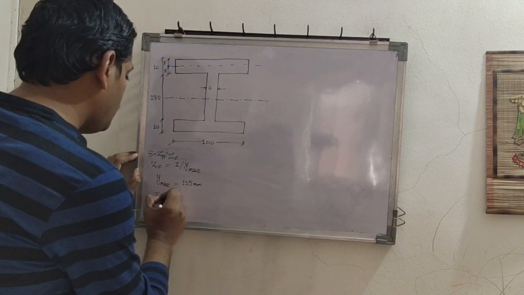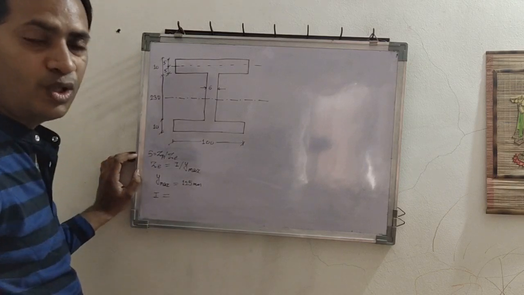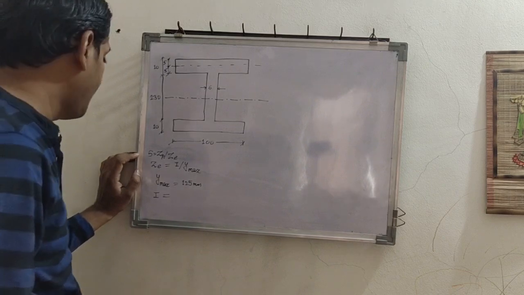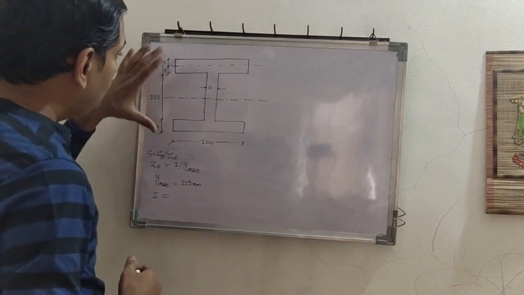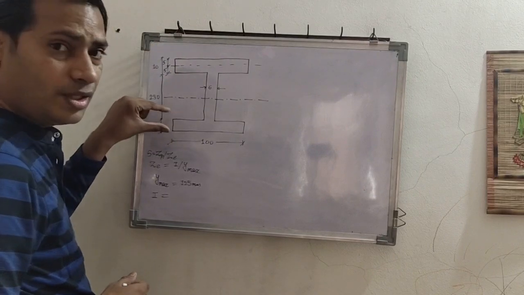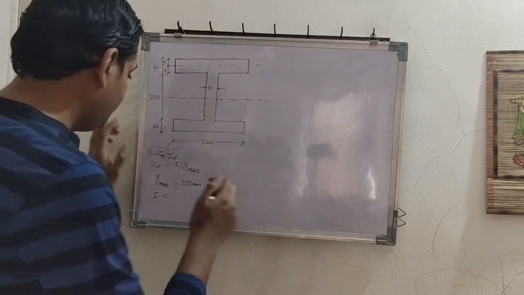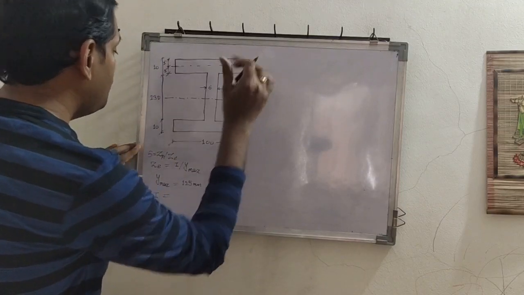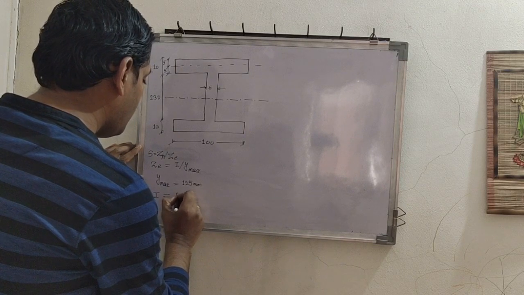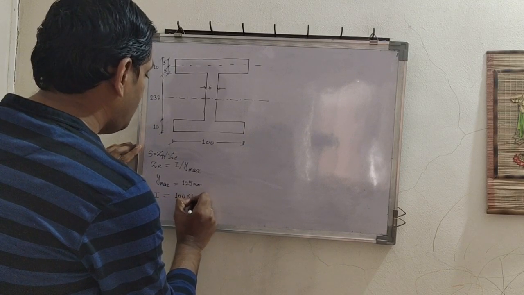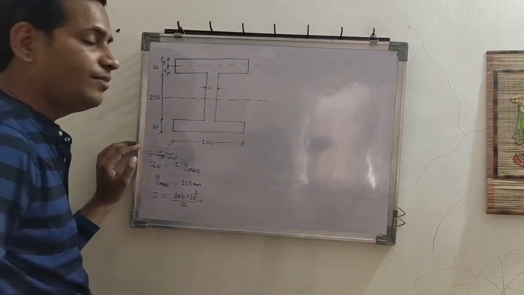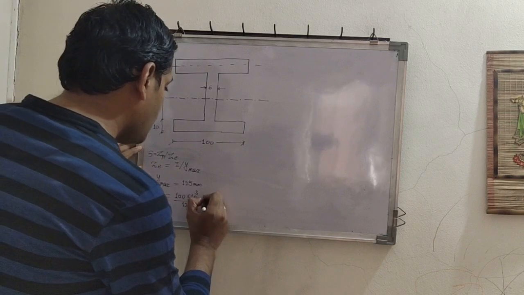So we will have to use parallel axis theorem. What is parallel axis theorem? BD cube by 12 plus AH square. So our section we will divide in different parts: these two flanges and one web. So for this top flange, BD cube by 12 is width 100 into depth 10, so 100 into 10 cube upon 12 plus AH square, so 100 into 10,